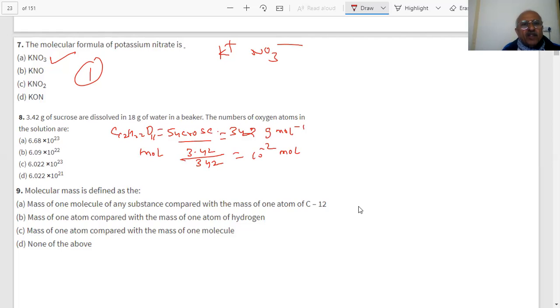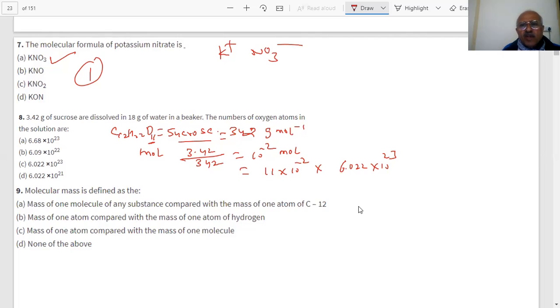And how many oxygens are there? 11 in 1 mole. 11 oxygen atoms are present in 1 mole. 11 into 10 minus 2 mole into 6.02 into 10 power 23. What is the answer coming, students? What is the answer, Sir? A part. 6.68 into 10 power 20. Okay, then A part,